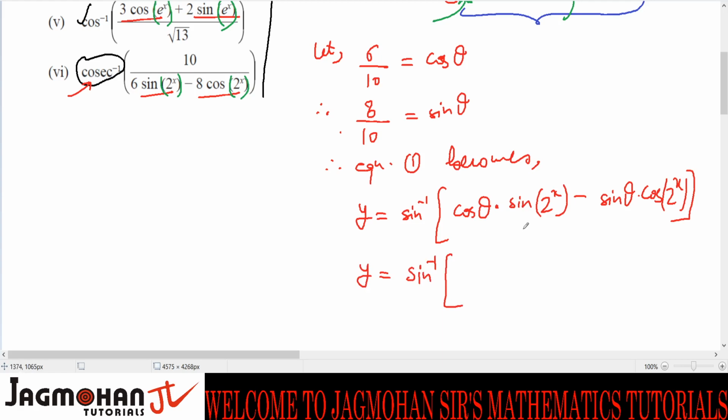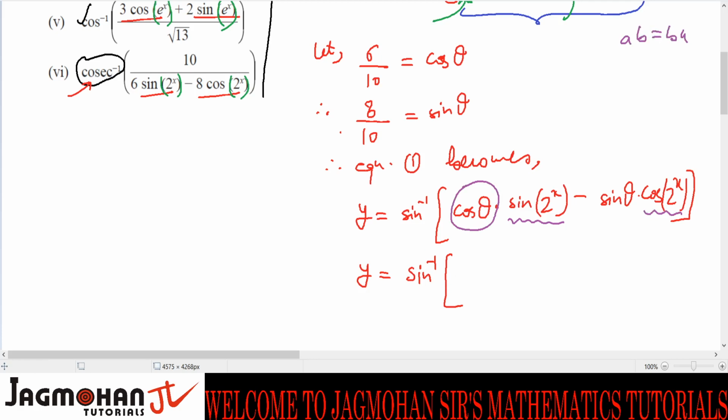I'm writing one step which you may find redundant. If you find the step redundant, no worries, you can skip it, but I am writing it because I am teaching you. I will write this first and this second, so that it will be in the form sine a cos b minus cos a sine b. And same thing I'll do here, I will change the order. As you know, if you have factors a b, then a b is same as b a.